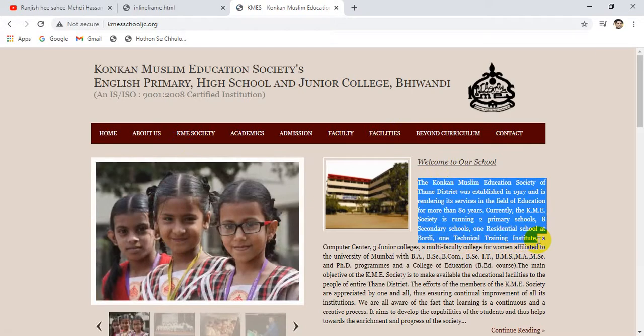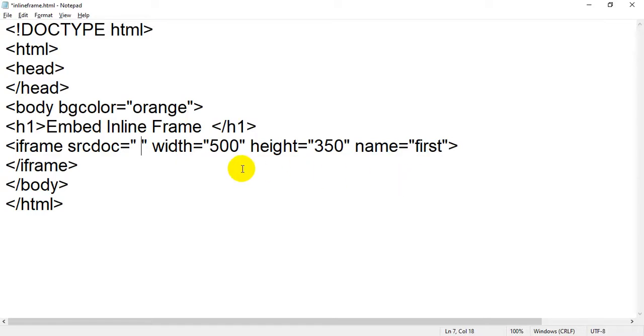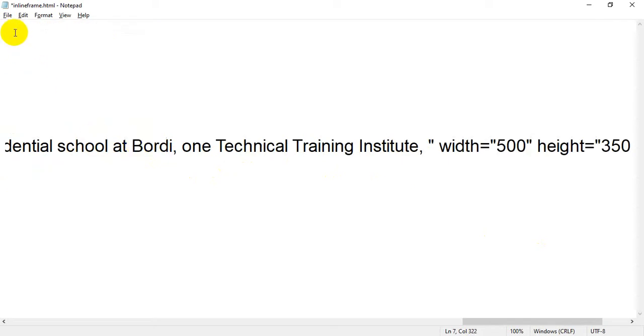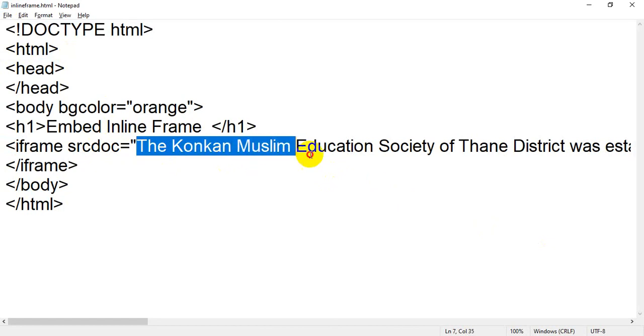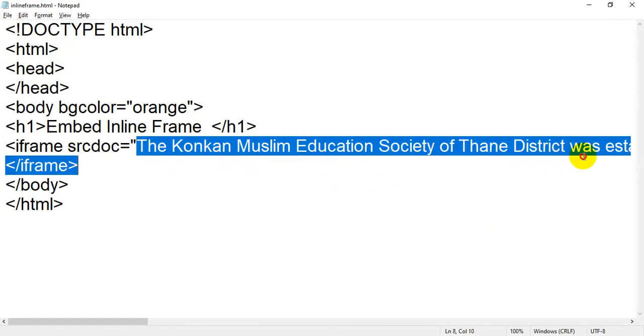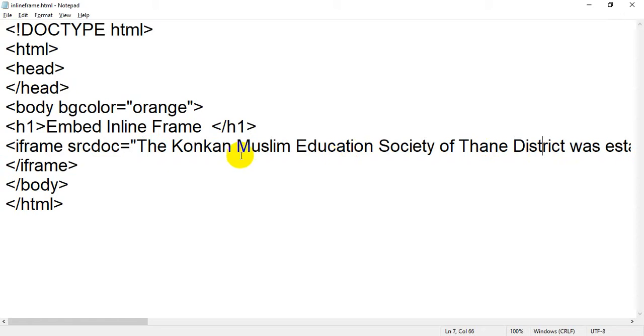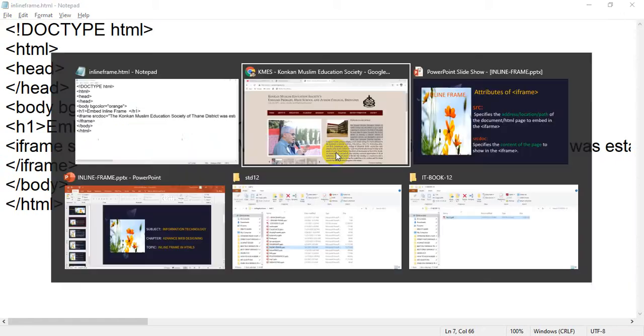Control C I have pressed, and the copied content I am going to paste over here. Inside the srcdoc attribute I am going to assign some value, some text, some message. I have just pressed Control V. Let me save it. I have clicked save. Now this content, the Konkan Muslim Education Society of Thane district, is some information regarding Konkan Muslim KMS Society.